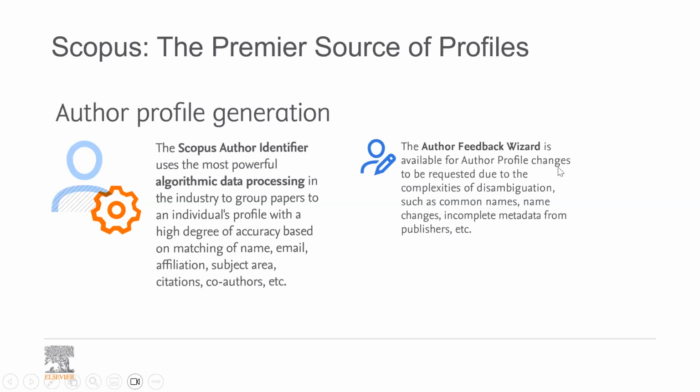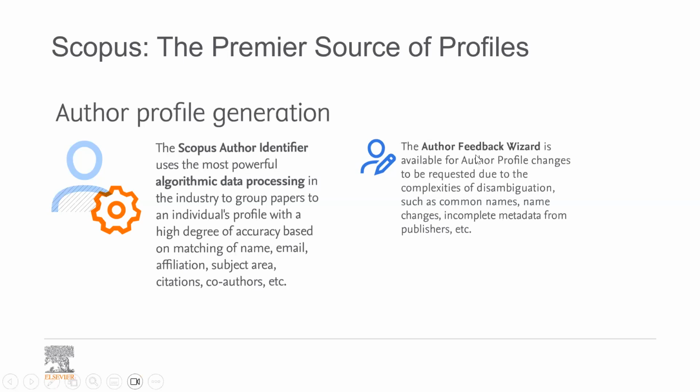Even for your affiliation, maybe your name is not correct. Maybe you have different styles of your author name. So you can combine all of these different styles to have all the publications that you have under your name in just one profile. So you can request, using the author feedback wizard, any change you need to apply